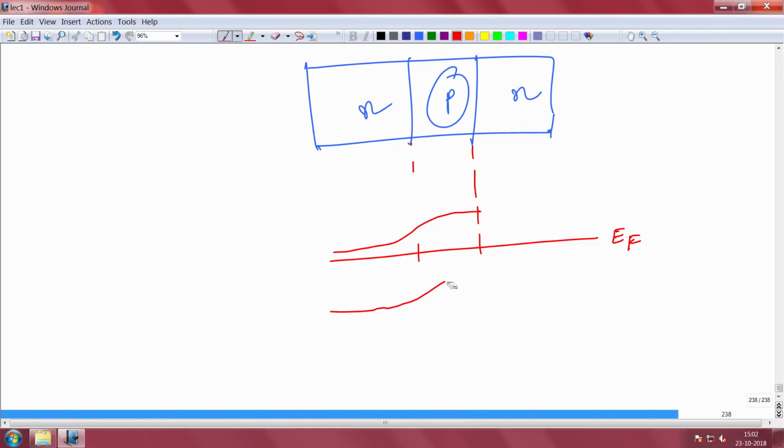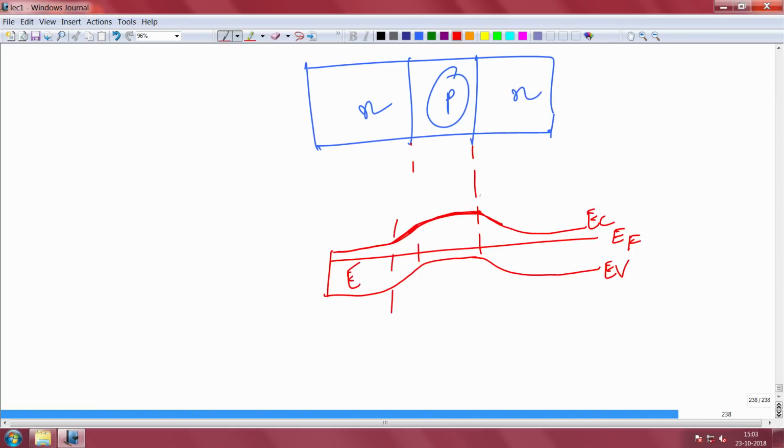If you recall the PN junction, like that, this is PN, smooth, same band gap everywhere. This is the conduction band, this is the valence band. So, this is how an NPN BJT structure looks. Now, how will this be a transistor? This is your emitter, this is your base, this is your collector.